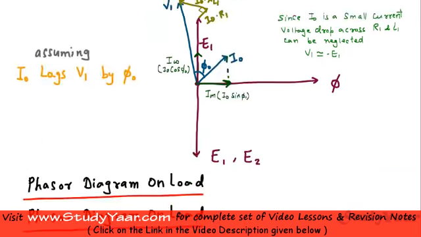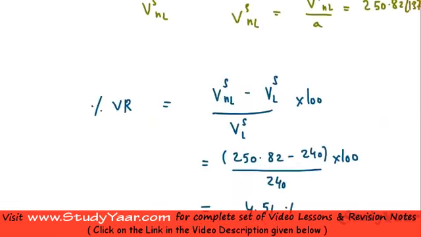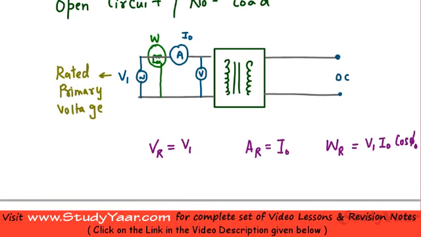Since over here my readings are giving me V1 I0 cos phi 0, where V1 is known to me and I0 is known to me, being the readings of my voltmeter and ammeter respectively, therefore I can find out my power factor cos